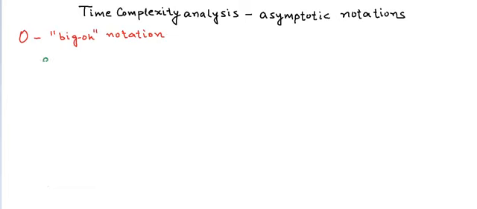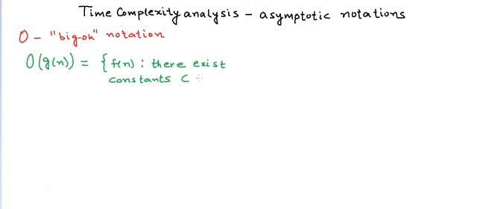If we have a non-negative function g(n) that takes a non-negative argument n, then big O of g(n) is defined as the set of all the functions f(n) for which there exist some constants c and n₀, such that f(n) is less than or equal to c times g(n) for all n greater than or